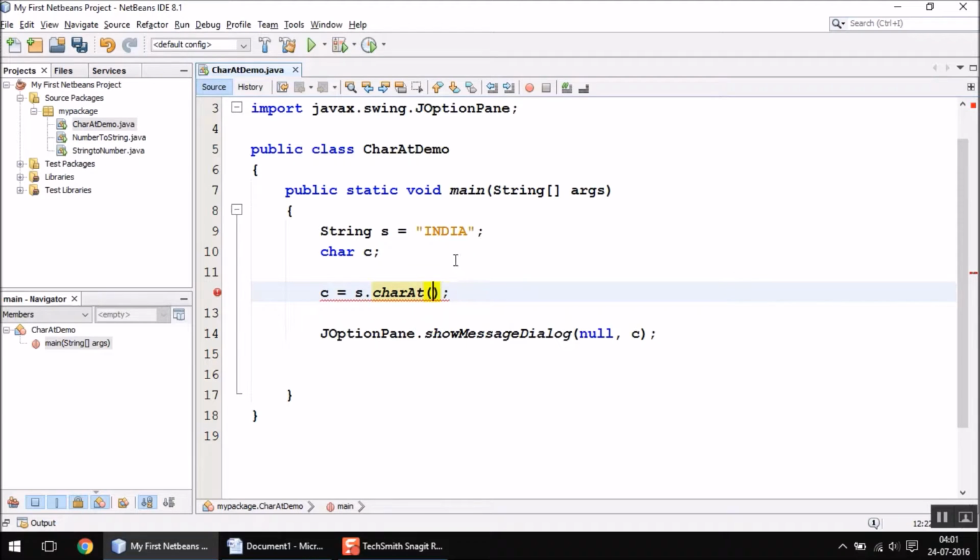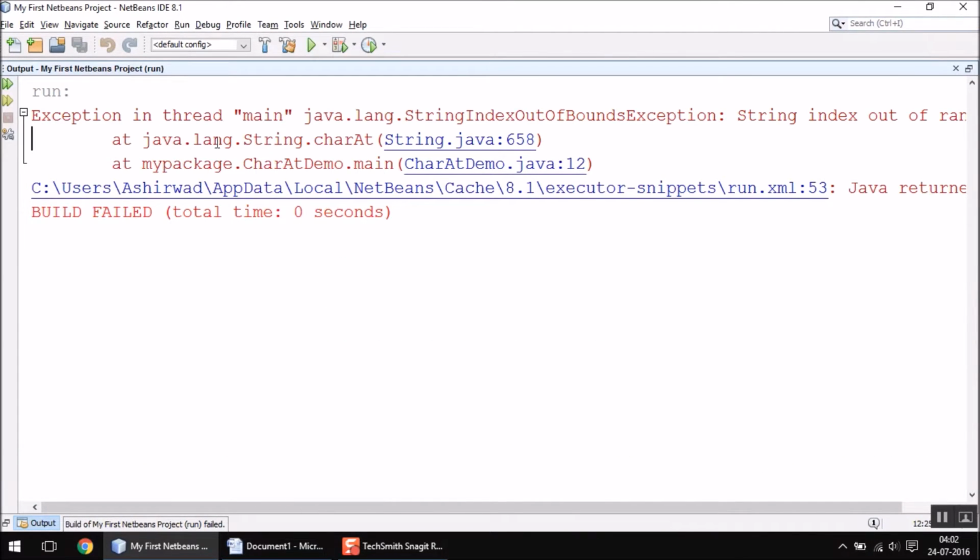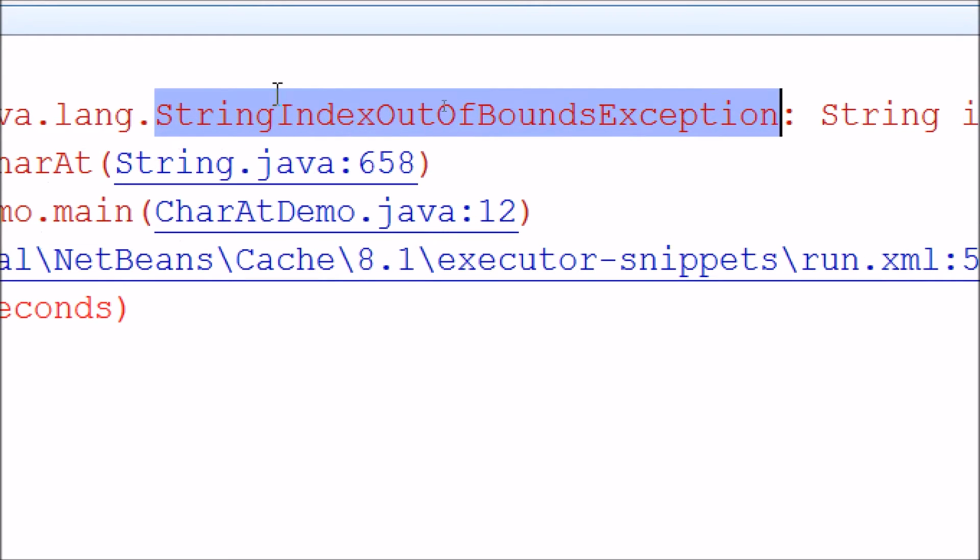Let me write 8 here. Now of course there is no character present at index 8. In fact there is no index 8 here. So when you run this, straight away you can see on my output screen that the error message comes as string index out of bounds.